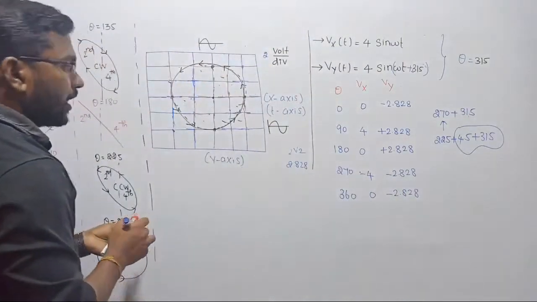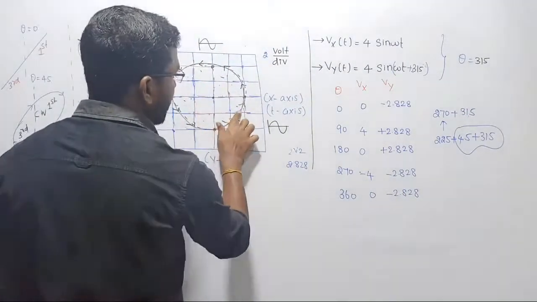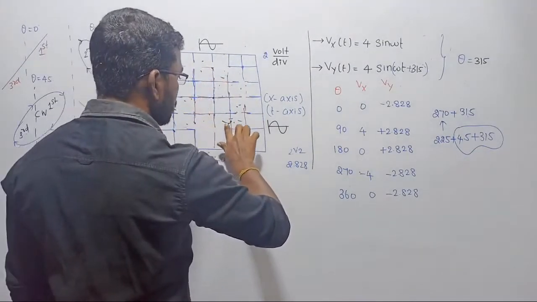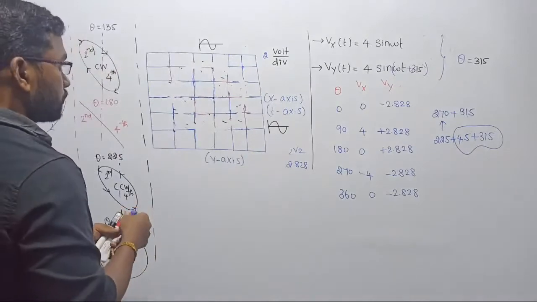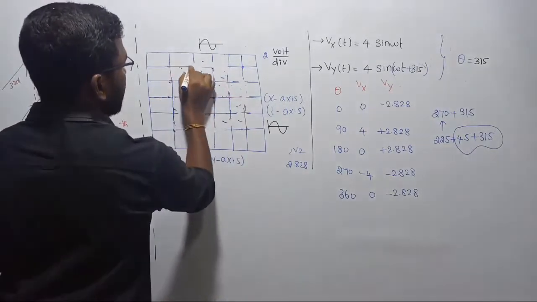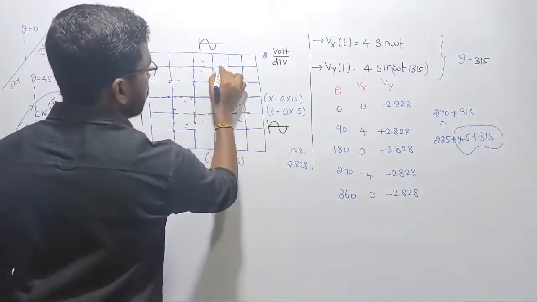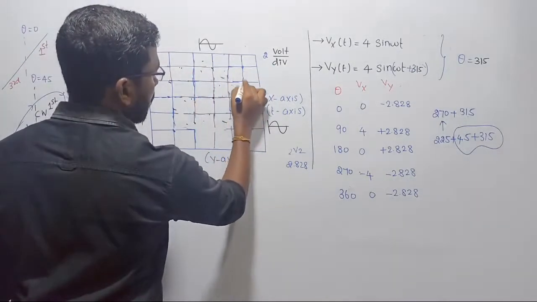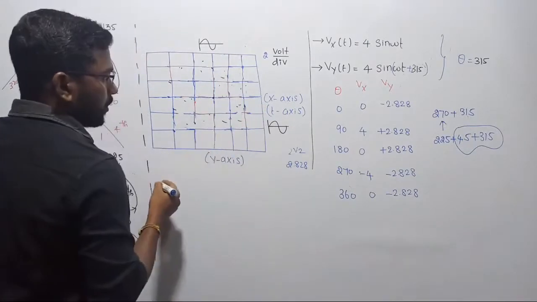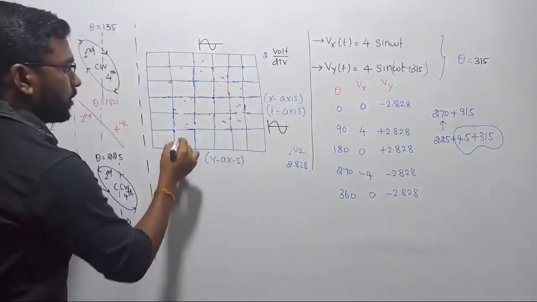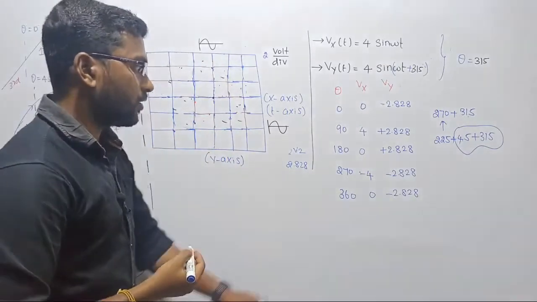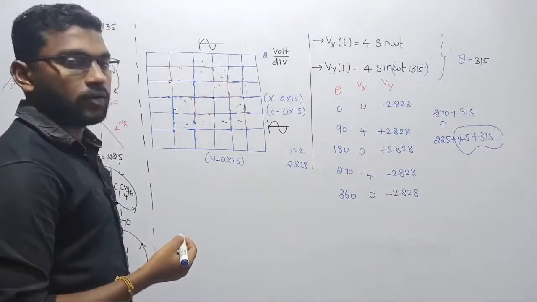Coming back, let us spot the values on the screen of the CRO. You please draw, don't wait for me. I know you all are getting the idea of what I am trying to conclude, right? Okay, please be patient. Let me complete in a few minutes. Yeah, that's all. So this is how we are developing the pattern. Now let us spot the values on the screen of the CRO, right?